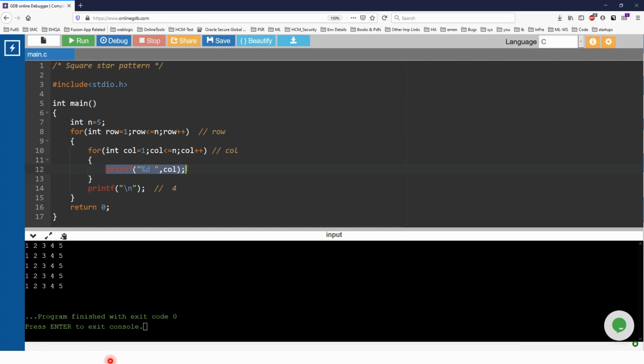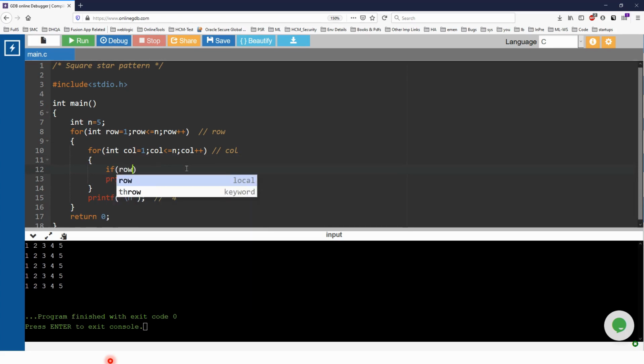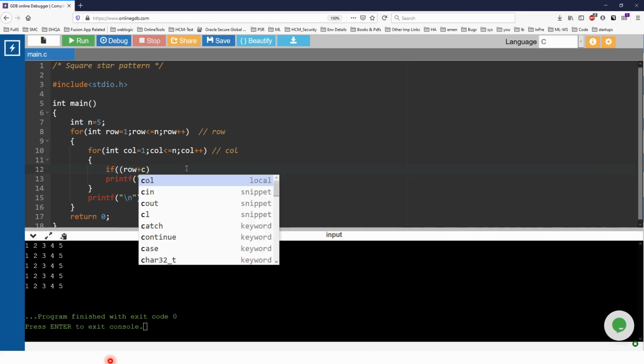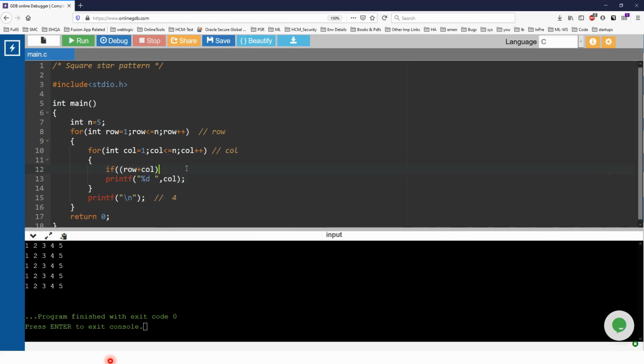So instead of these, now if I want to print the binary pattern, then row plus column, right? Just give spaces for better code. Percentage 2.